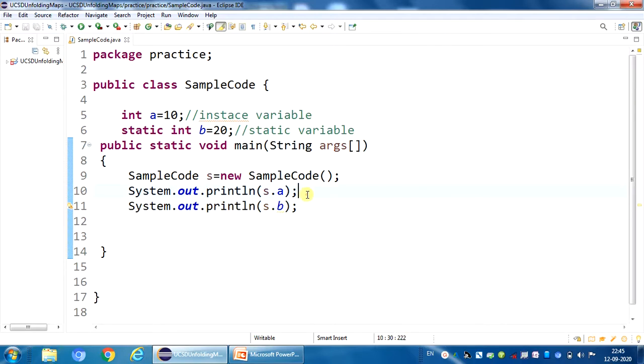Now I am redefining those variables, that is s.a = 111 and s.b = 222. This is my instance variable and this is my static variable, and now I am going to access those variables.